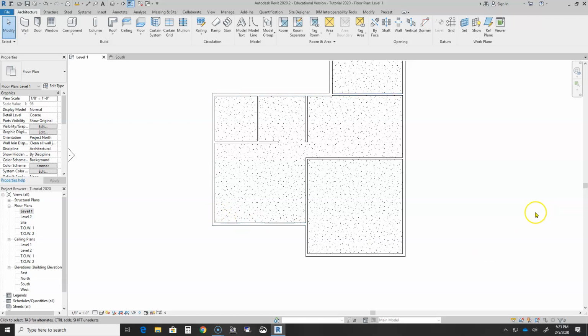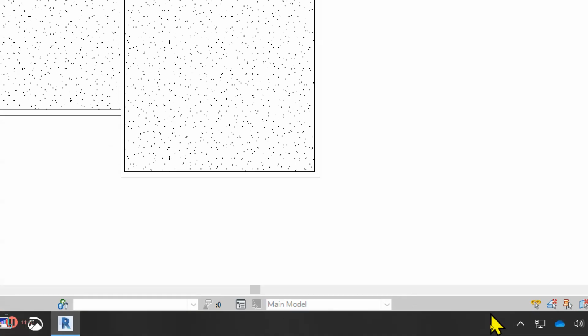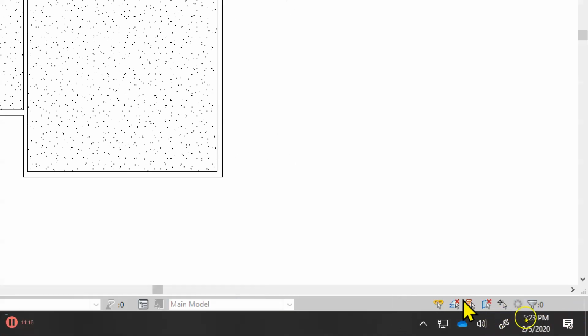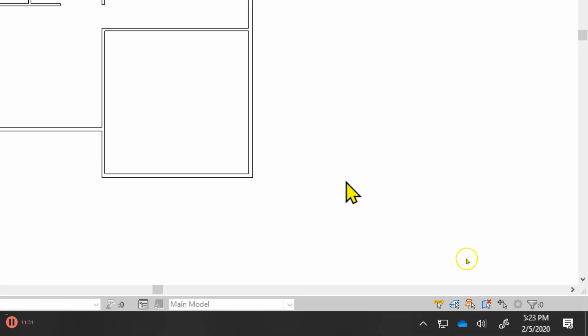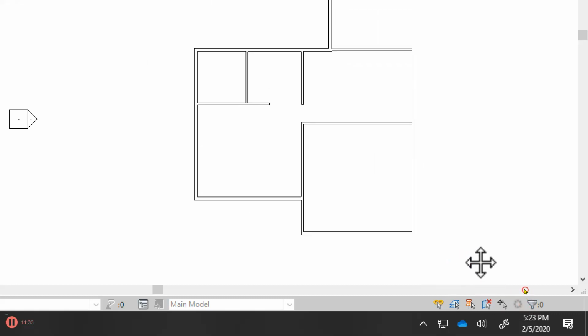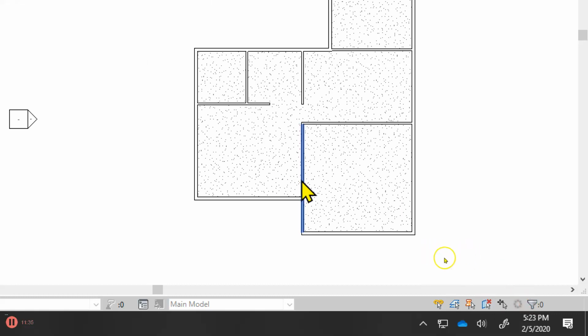Okay, here's another thing I can try. There's a button right over here at the bottom. Let me zoom into that. This button allows you, if you click on it, to remove the red X. That allows you to choose objects that are on a lower visual layer than what you are currently working in. So if I turn that off and then come over here, maybe I can cycle through and pick up